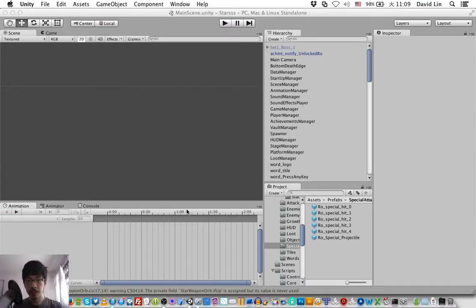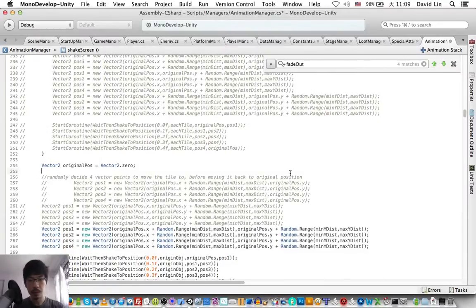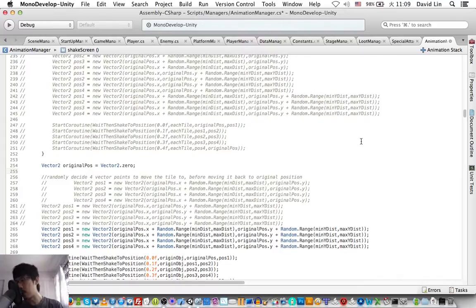So when you use Unity, just open up a script over here and it will open up MonoDevelop. I mean, you can also use JavaScript in MonoDevelop, but most people use C#.